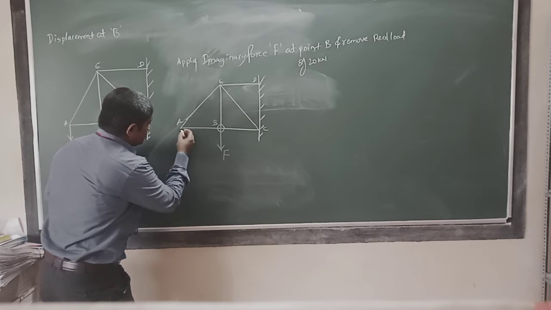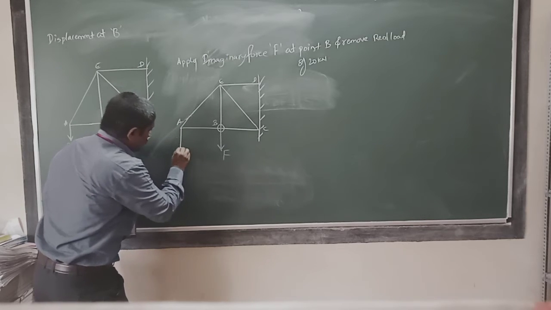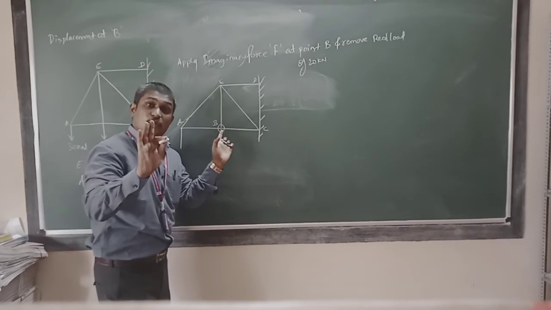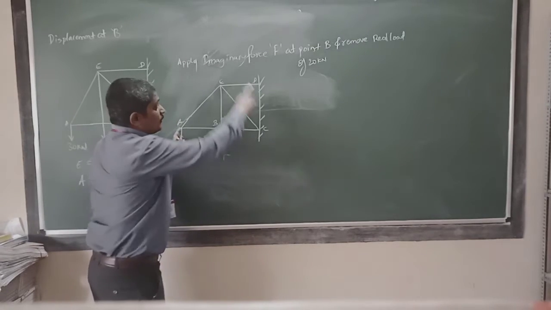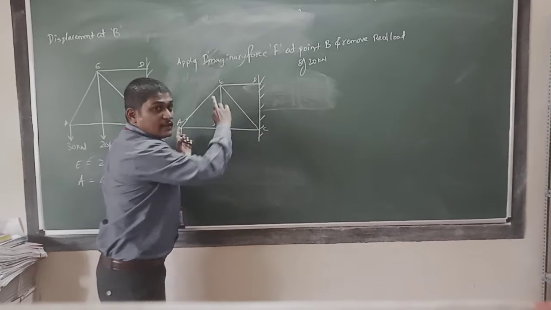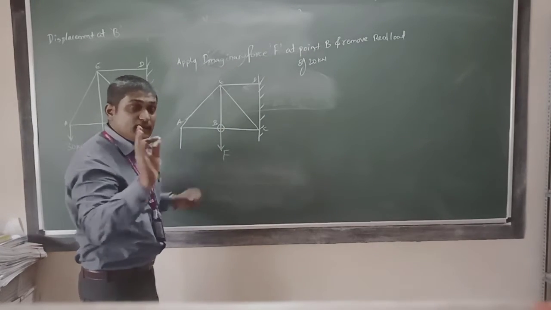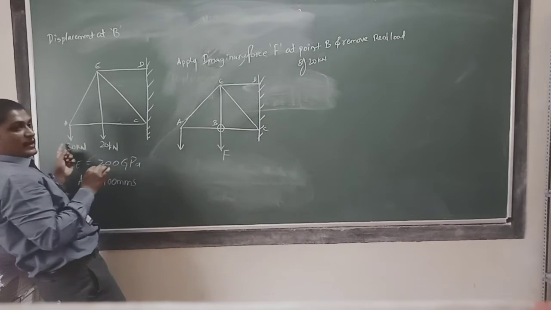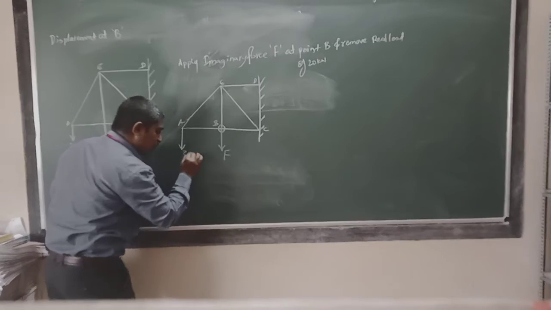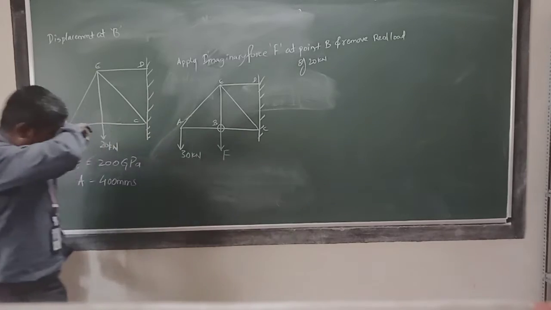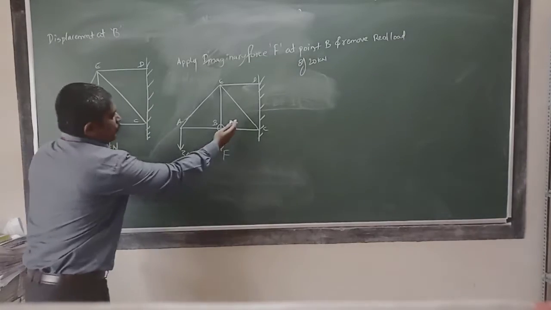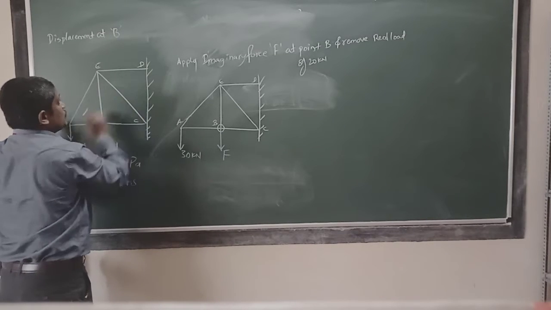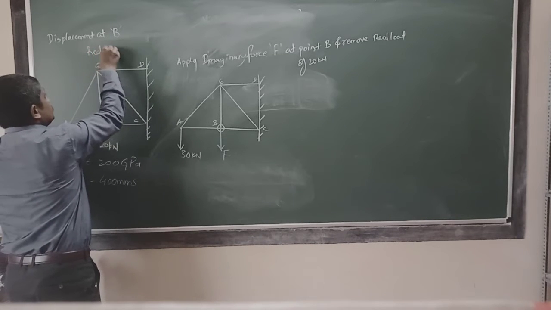And also, only at the point where they ask you the displacement, if a real load is there, you remove it. All other joints, if real loads are there, you have to retain those loads as they are. So here already a real load is there, that is 30 kilonewton. So you keep it 30 kilonewton like this. Okay. Observe both the diagrams now. This is due to the real load. This structure is due to the real system.